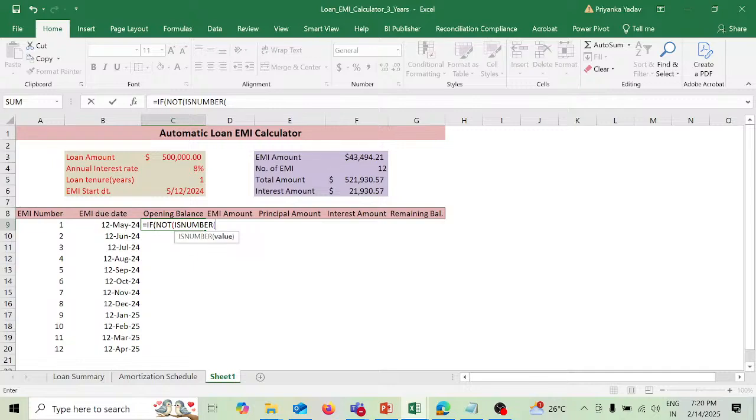As such, our opening balance over here is 5 lakh, but we are providing a condition so that it doesn't have the same figures all the time. As we change the figure, it changes over here. That is why we are providing a logical condition over here. So if this number over here